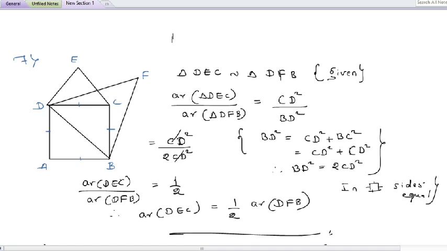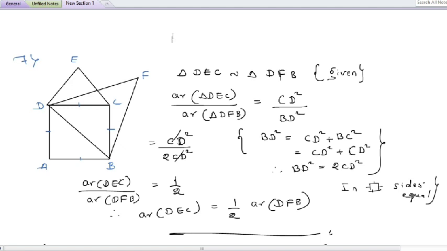So, consider triangle DEC, which is similar to triangle DFB, because it is given. If they are similar triangles, then areas are in proportion. Area of DEC divided by area of DFB is equal to CD square by BD square, that is equal to CD square divided by BD, whose value can be written as